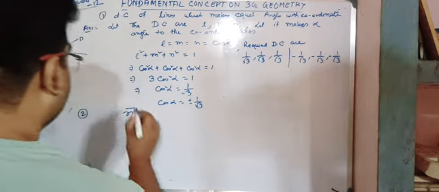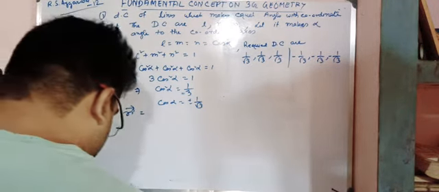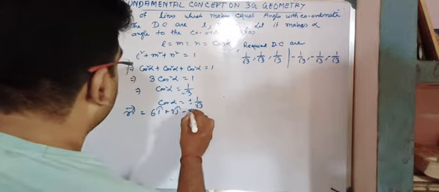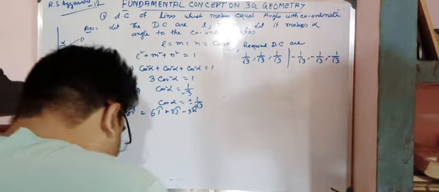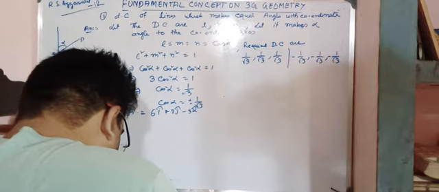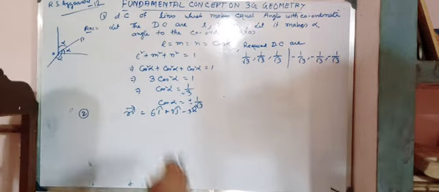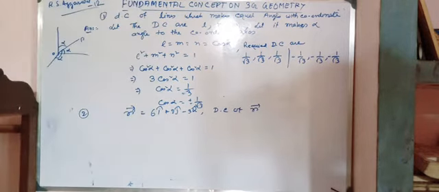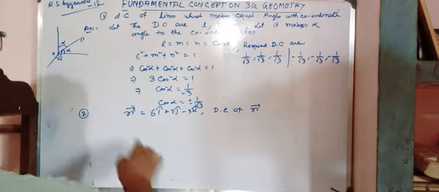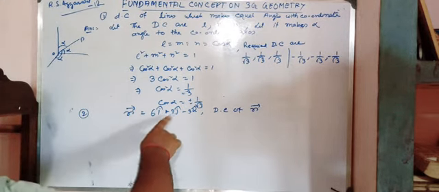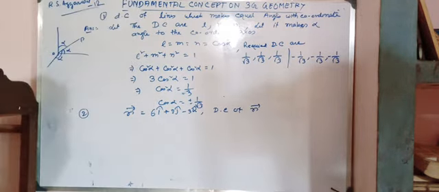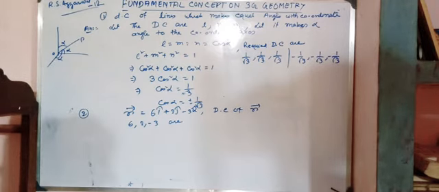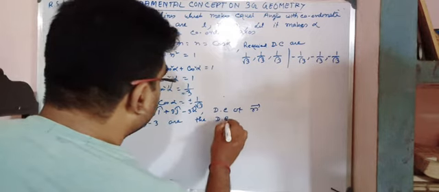The line is given in vector form: r vector is equal to 6 i hat plus 2 j hat minus 3 k hat. We have to find the direction cosines of r. Here, as we know, the equation of r vector is 6 i cap plus 2 j cap minus 3 k cap. My 6, 2 and minus 3 are the direction ratios of r.